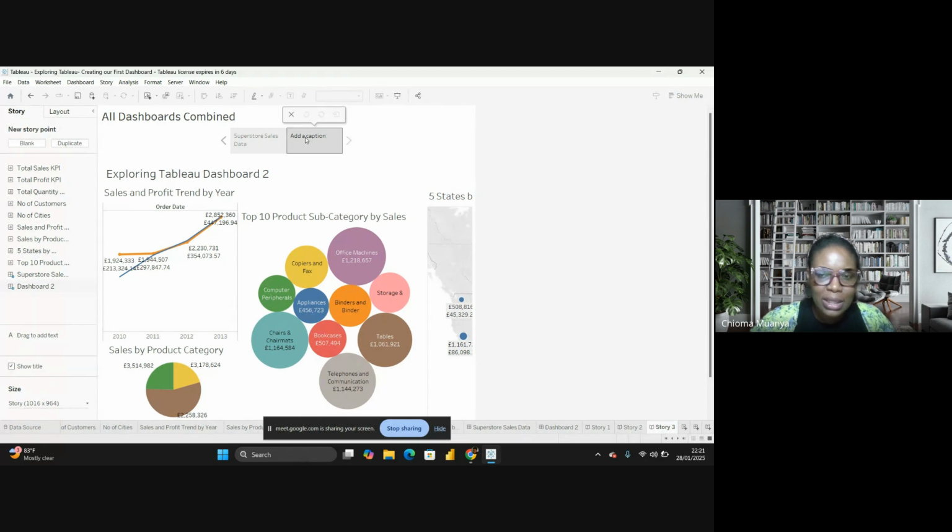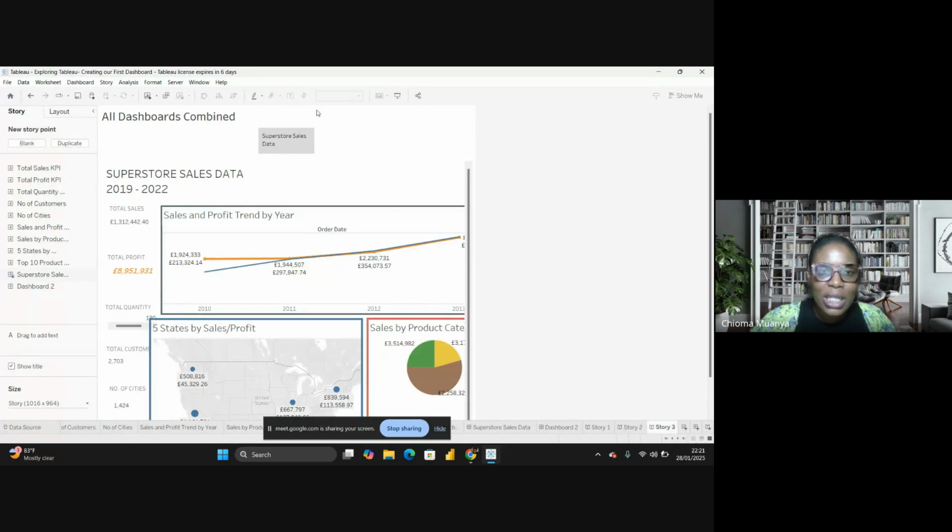Did you get that, Mr. Charles? Yes, I do. So this is the first one, I just dragged and dropped it. Now I want to add another dashboard, so watch, I'll do this in slow motion. I'm clicking on dashboard 2, click and drag, and I drop it beside this. Can you see where it's highlighted beside the Superstore data? I can see it. So I'm just dropping it here.